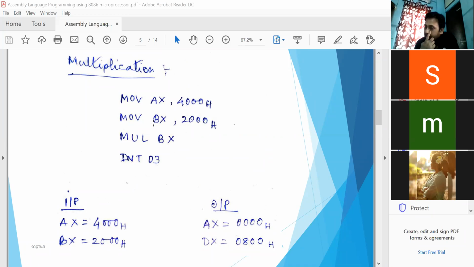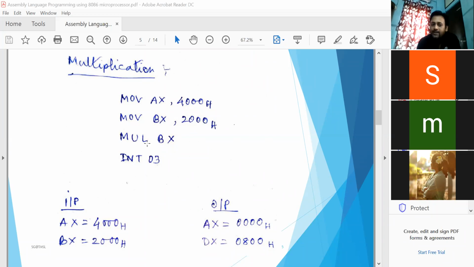One thing you have to always remember: the first number must be loaded inside the AX register. You can't change it for multiplication. Another number you can select from another register, like CX, BX, or DX. Here I have assumed that the BX register is used to load the second number. That's why it is written as mul BX.